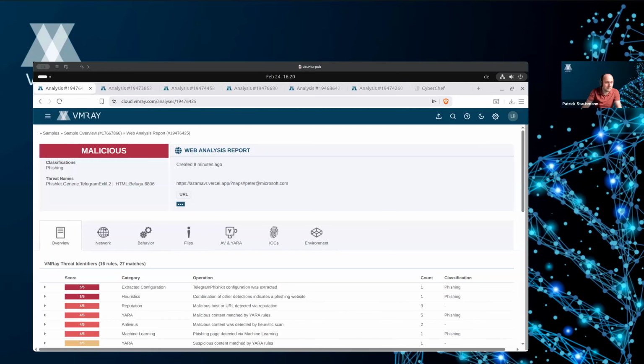So let me quickly take over sharing here, and I hope you can see the screen. Not often seen, right? Definitely. Right now, yeah, we can see your screen, Patrick.